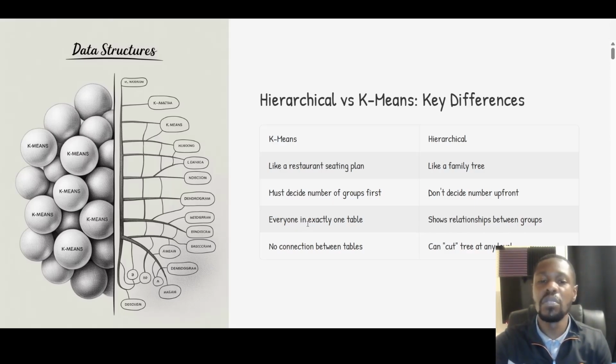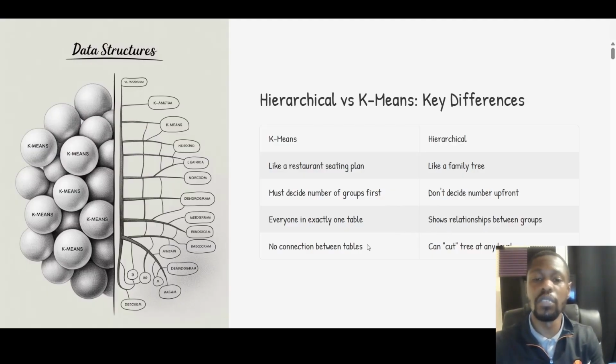With k-means, we seek to have everyone precisely in one table or one group. Hierarchical is just showing the relationships between the different groups. With k-means, we don't visualize any connection between the groups, but with hierarchical, we can cut the tree at any level, and there are relationships between the groups. Alright,